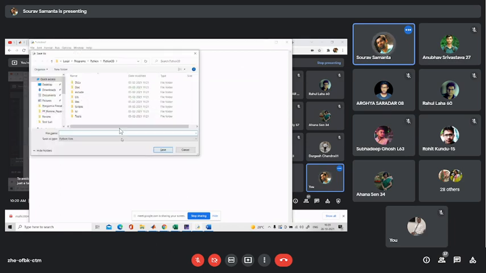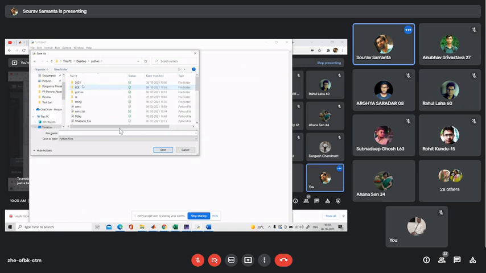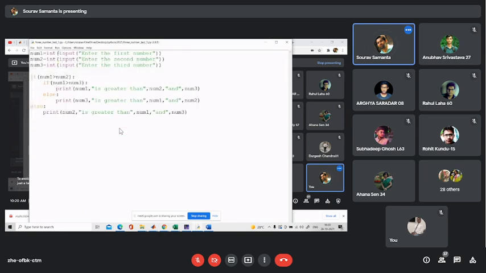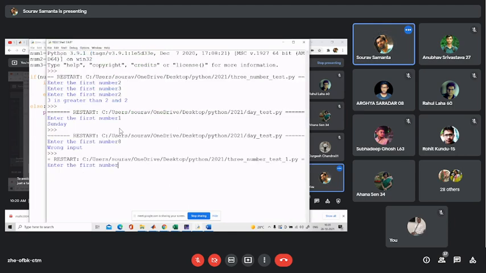So now I save the file. Okay, I have saved the file. Now I run the module.